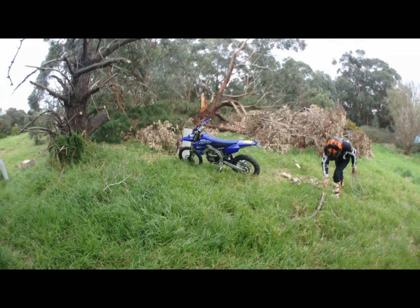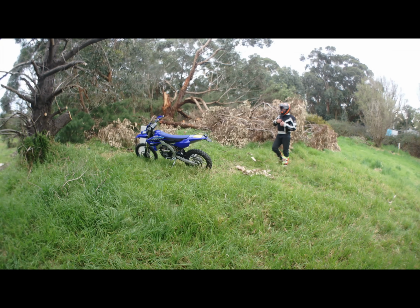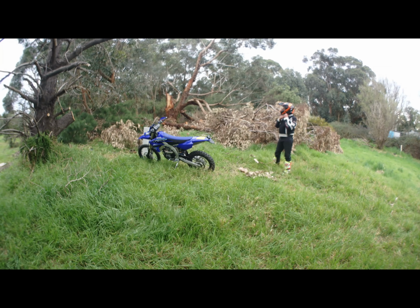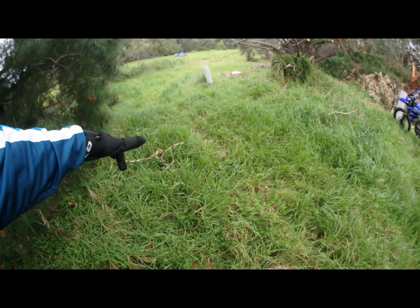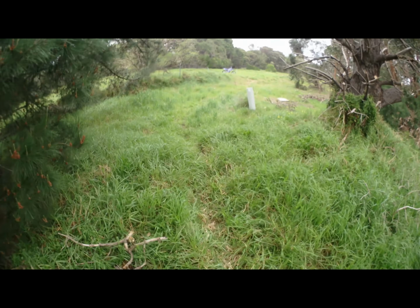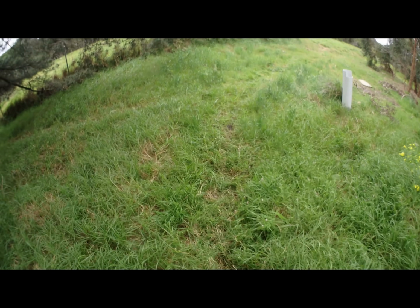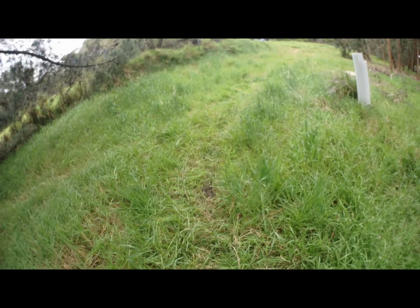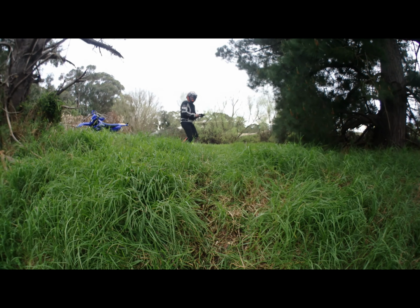Alright, we've just been making a few little clearings here and there, so we can take a few different lines. Mark's just going to come up, there's a bit of a rise here, he's just going to come up in third gear. It doesn't look much, but I'm on the top of it here, so if I come down it, you can see I'm sort of,